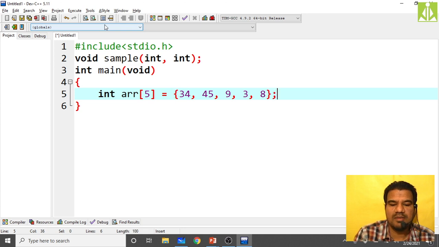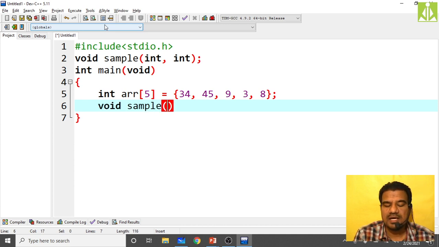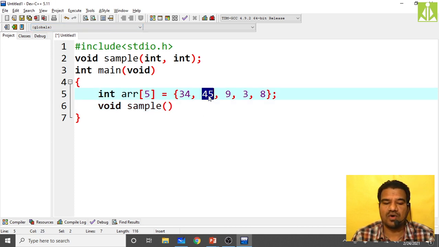So what are my 5 elements in that array? 34 is the first, then 45, 9, 3 and 8. Now inside my function, let us say I want to pass this 45, the second element from the array, and 3, the fourth element from the array.